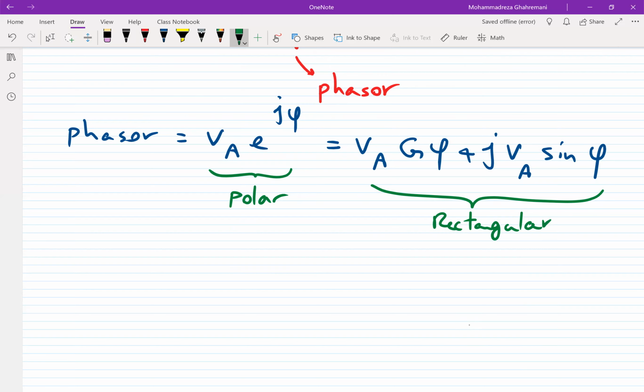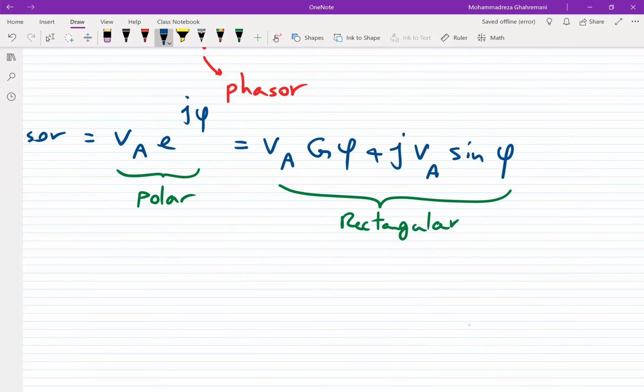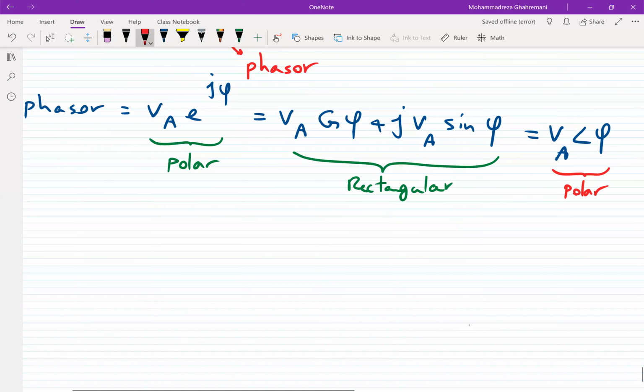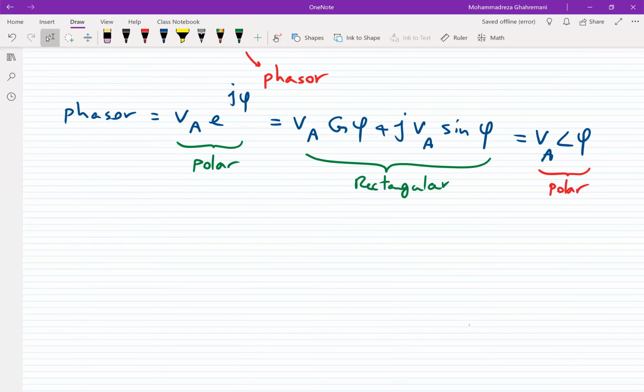Okay, and of course the polar representation can be shown like in this way, VA with the angle of B. So this one also is polar. Okay, here is the representation of phasor. Now that we learned the phasor equation and we know what is the phasor, let's find the phasor of some signal. Example,